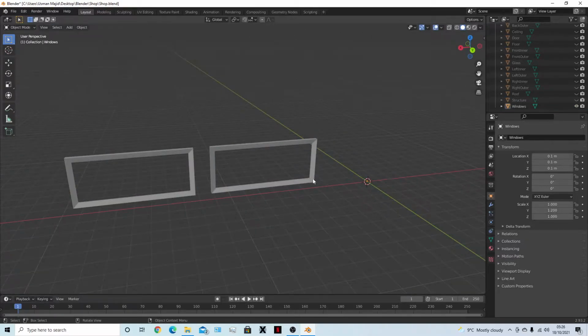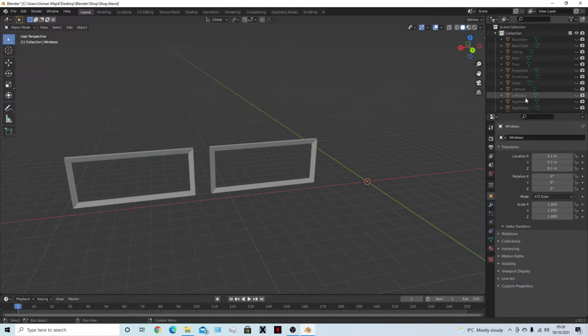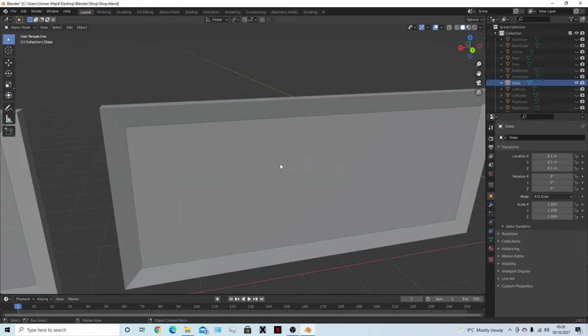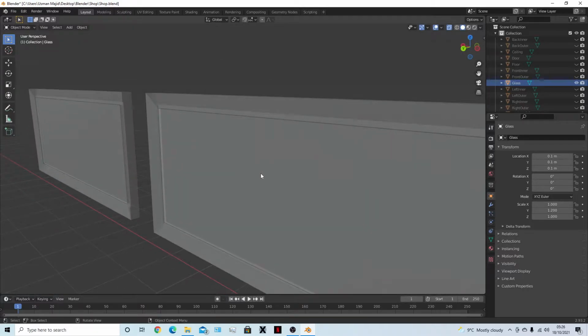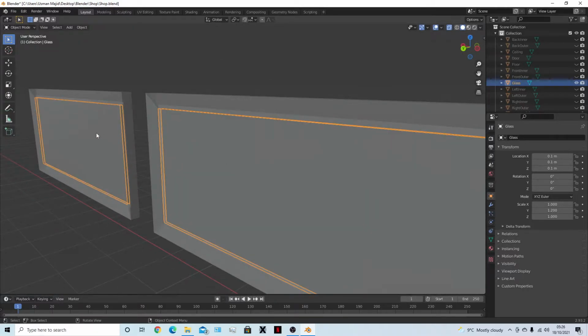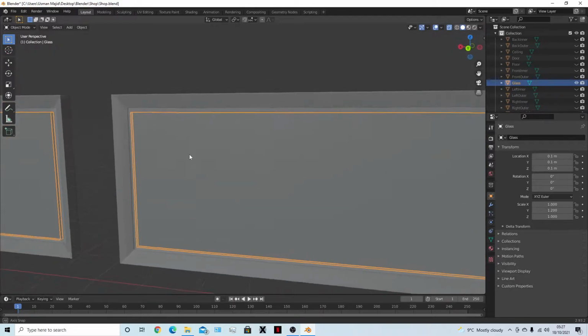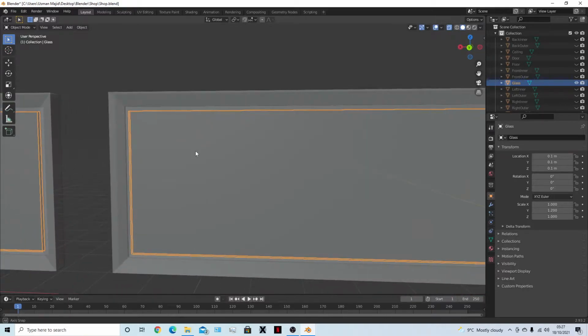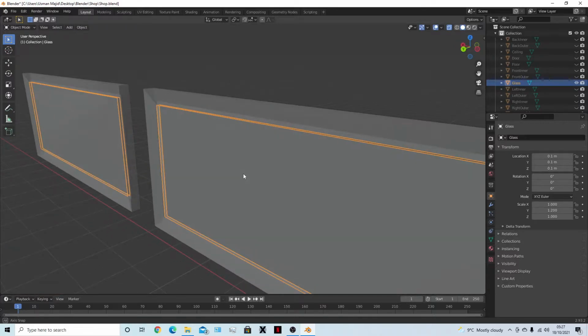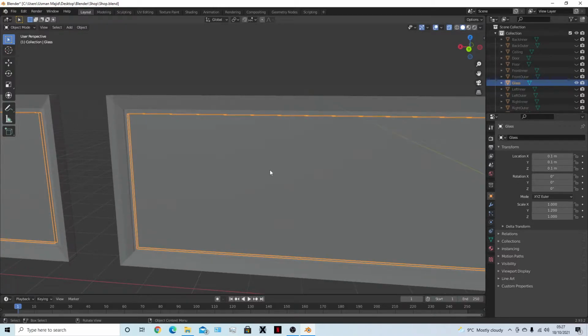Now, so I've got the window with the glass. I think I should just delete it maybe. Let's see what it looks like. So the glass width was, I think I did it after that anyway, but I need to scale it as well. Let's see what I can do. So this is about 60, I think. To get 40, I need to times it by 0.66. So let's see, SY